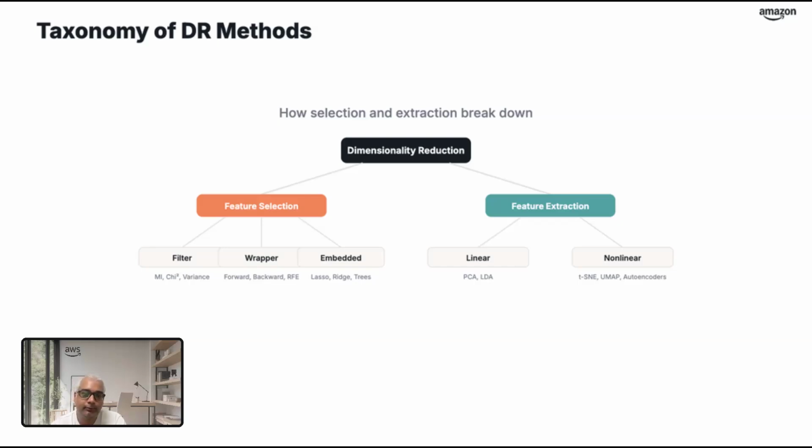So this sort of taxonomy diagram gives us a full landscape of the dimensionality reduction methods. And I would encourage you to keep this mental map as you go through this session and also the next two sessions, as you will learn a lot about these specific methods in this one and the next few sessions. So on the left, we have a